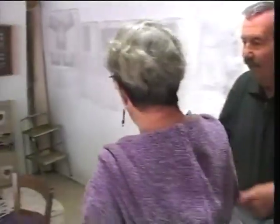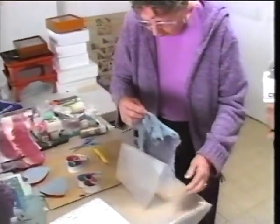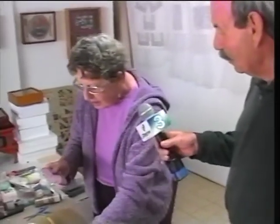So. Now, can you do a small demonstration for us to show us how you work with lint? All right, I'll try to make one piece of candy, and then I'll see if I can make some roses out of the red lint I've been saving. All right. Well, now, I see that's the lint. Now, I cleaned out my dryer screen this morning. Oh, okay. And this is what I found. Oh, well, that's a good color. Is that the kind of lint you use when you do your...